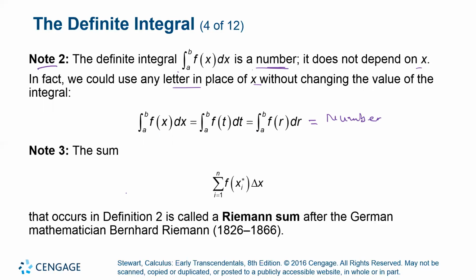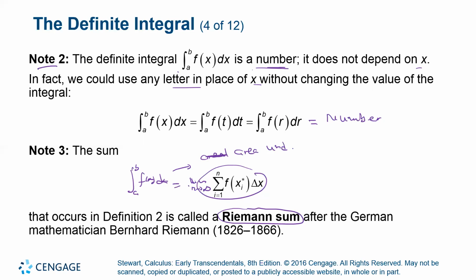It is always going to be a number. And this sum is what we call the Riemann sum. Therefore, if you take the limit of the Riemann sum as n goes to infinity, this is equal to a definite integral with lower limit a, upper limit b, of f of x with respect to x. And what does this give us? The area under the curve